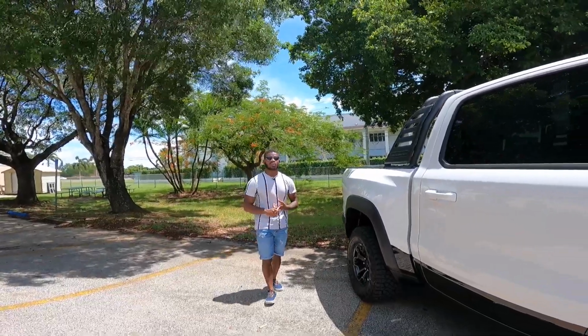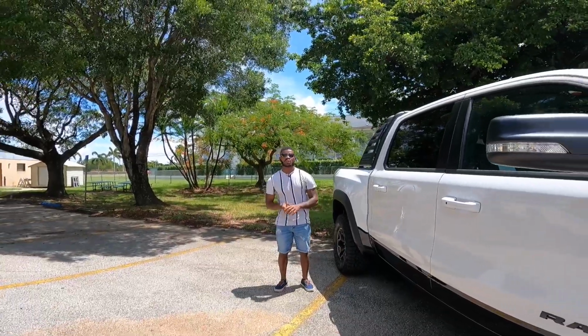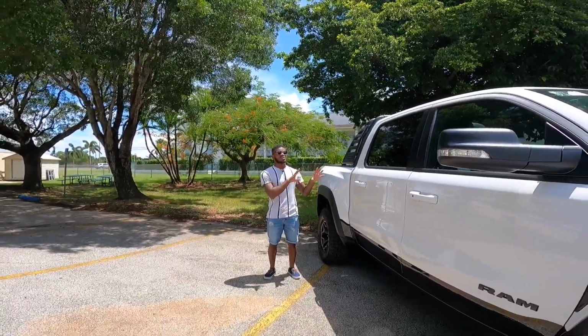Let's talk about pricing here for the Ram TRX. Starting price is at $78,790, including the destination. Also with the options, this one stickers for